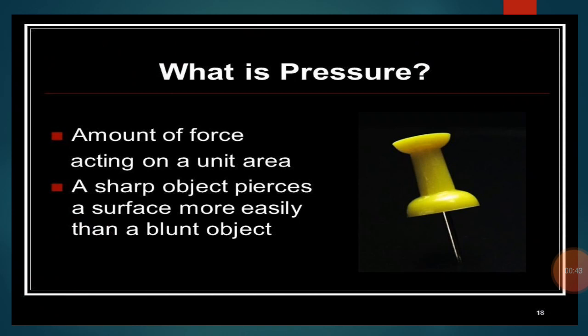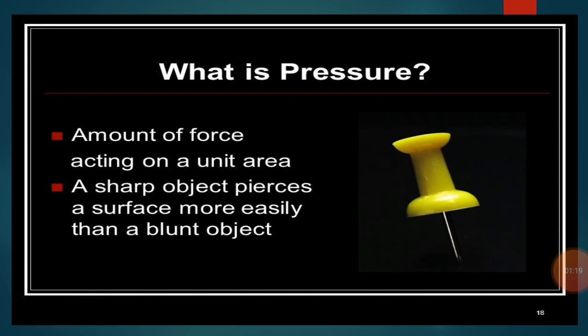First we will know what pressure is and how we define it. Pressure means force acting per unit area. We define pressure like this: force acting per unit area is commonly known as pressure. Pressure is produced when a force acts on an object. So when the force acts on an object, in that case the pressure is produced.